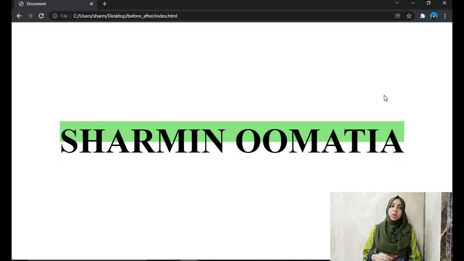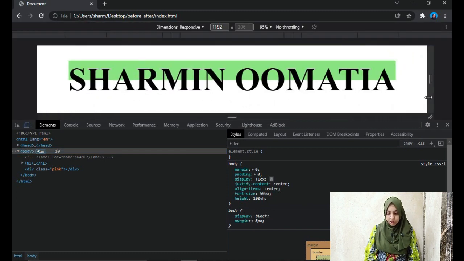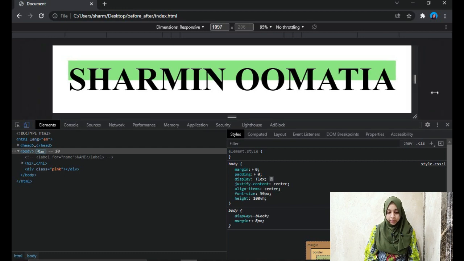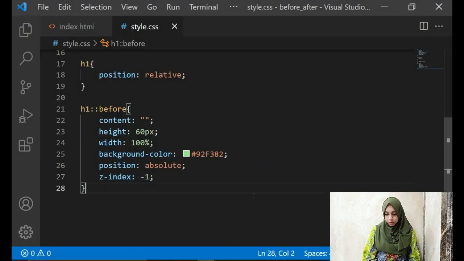And if you didn't have pseudo elements, how would you do this? Before or after your h1, you might have made a div and given it a height and then width of 100%, and you might have had to give an extra div around it to set it up, and it might just move when your screen would get small or big. Right here, can you see, when I make the screen small, it won't move from its place, it will remain where it is, right? It's not moving. So that's a plus point over here, it remains where it is, and it becomes easy for you, right, to set up few things.